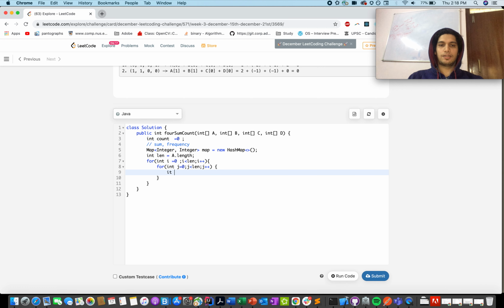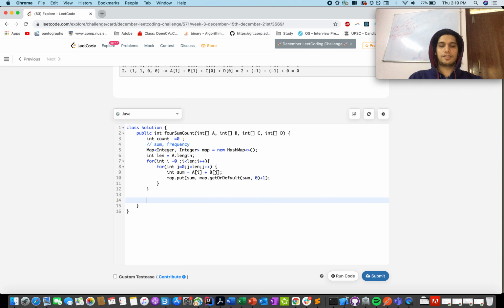And let's calculate the sum. A of i plus B of j, and let's put this value in the map. Map dot get or default, sum comma 0 plus 1. Standard way of getting the value from the map and incrementing it by 1 and putting it back in the map.